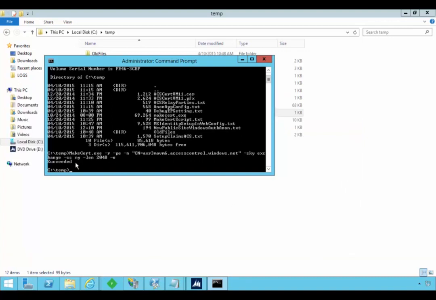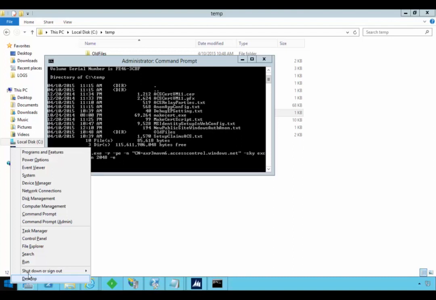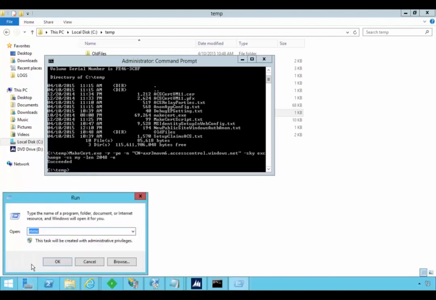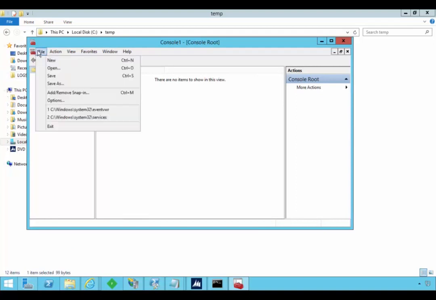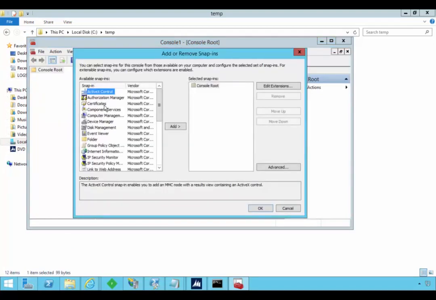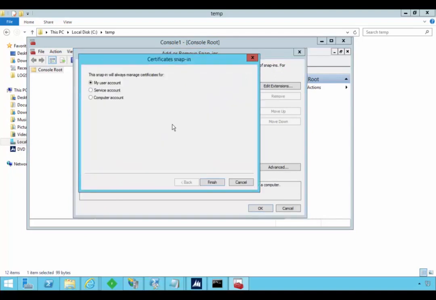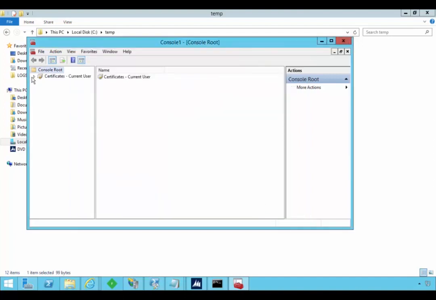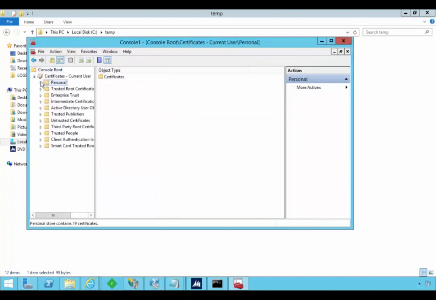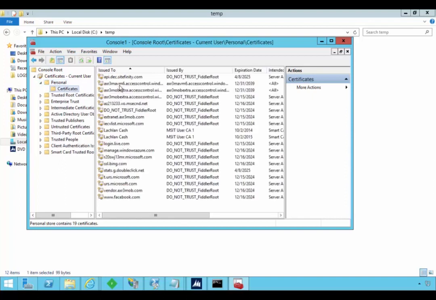Okay, but where did it put it? So it puts it in the certificate store on the machine. So we're just going to go and run the management console, and from the management console I'm going to go and add/remove a snap-in, which will be my certificates. By default it'll be in the current user, so we're just going to say OK to that, and look in the current user in the personal certificate store, and we'll see that we've got that certificate there,